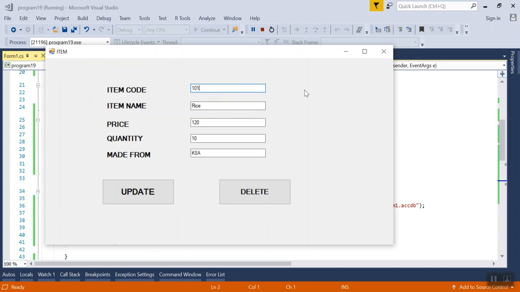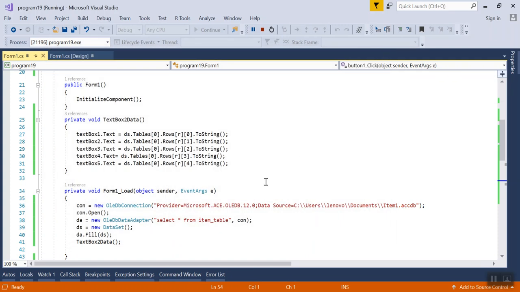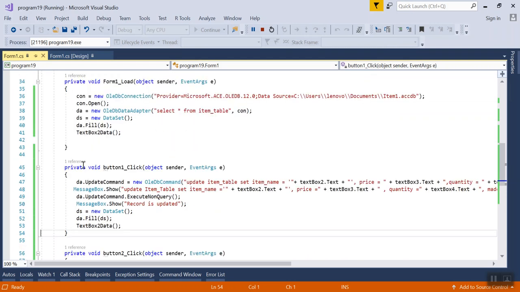See, the drawback in this program is that when you press enter, everything must show here. For that you have to create move next, move previous buttons. So it was not there, just update or delete like that. Okay, so this is how it is created. If you forget to type this one,